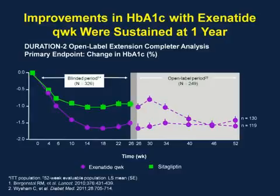And in this particular study, you can see that at 26 weeks it has durability. It's an open-label study, and patients were switched from sitagliptin in green to exenatide in purple. And at the end of the 52 weeks, there's durability for both, and those patients that were on sitagliptin were able to lower the A1C further than they were on sitagliptin. So again, a GLP-1 seems to be a little more powerful